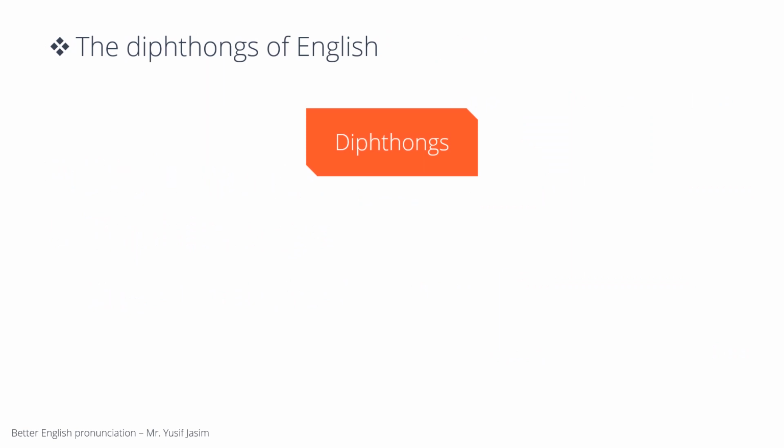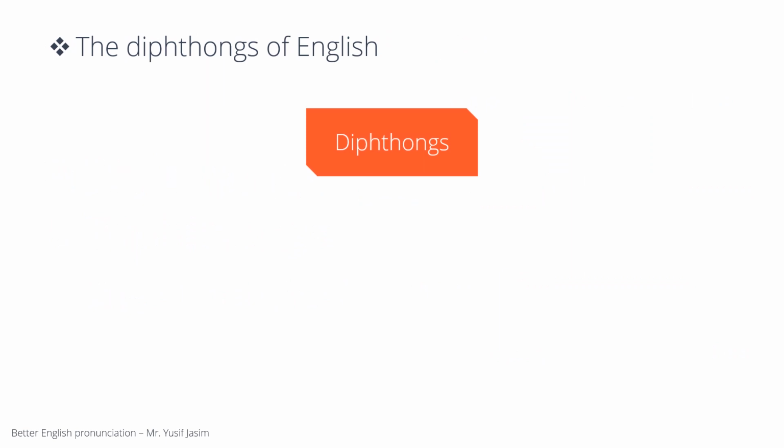The process of moving from one vowel sound to another is called gliding, which is why another name for a diphthong is a gliding vowel, but they are also known as compound vowels, complex vowels, or moving vowels. The sound change that turns a single vowel into the diphthong is called diphthongization. Very nice. But how many diphthongs are there in the English language?